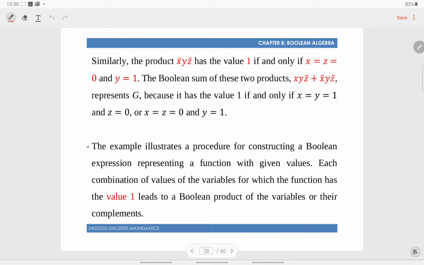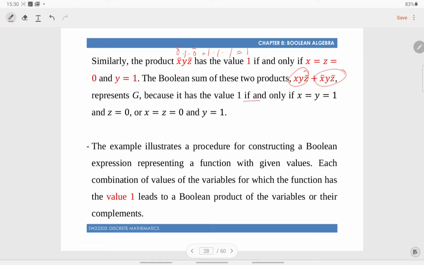Similarly, the product of x complement times y times z complement also has the value 1 if and only if x equal to z equal to 0 and y equal to 1. It is equal to 1 when x equal to 0, so 0 complement equal to 1, times y equal to 1, times again 0 complement equal to 1. So 1 times 1 times 1 is equal to 1. The Boolean sum of these two products represents G, because it has the value 1